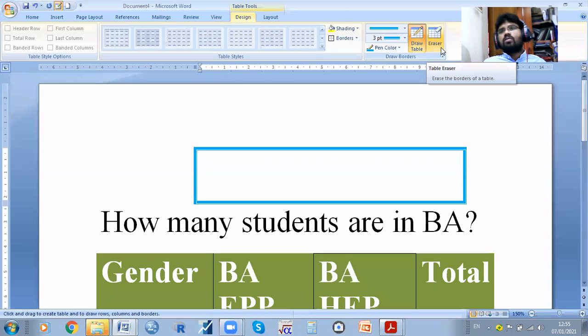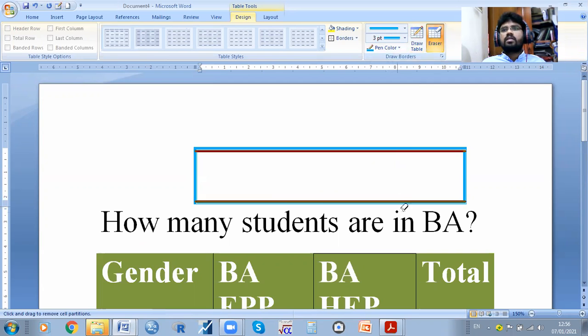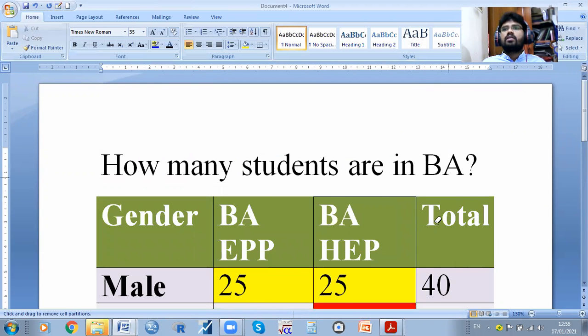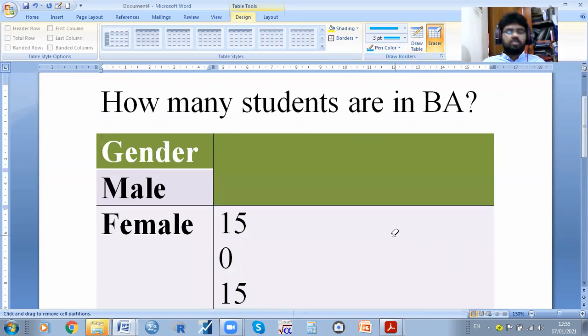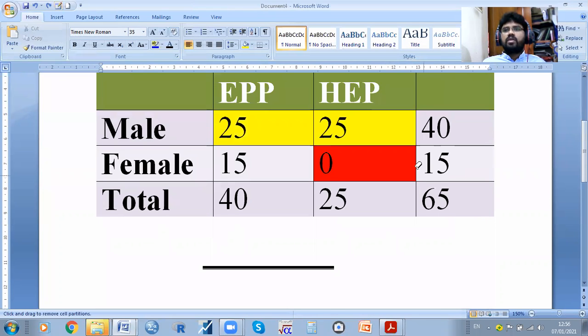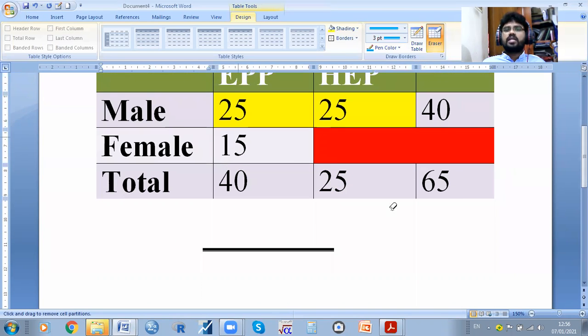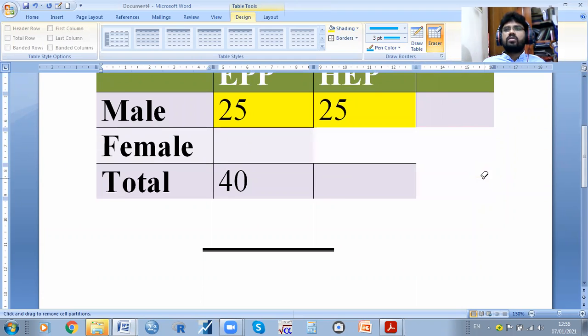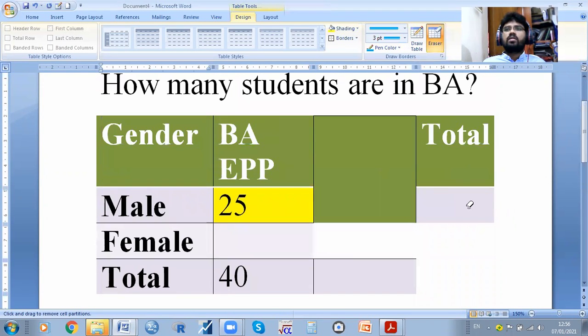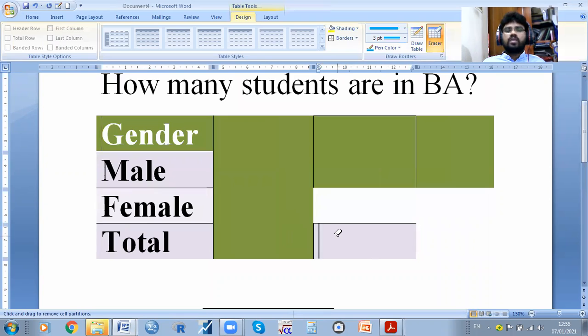And if you want to take an eraser to erase, for example, if you want to erase this zero, you simply click it, and whatever is selected goes out. It's not a good technique because whatever you erase, sometimes the data will be collapsed.